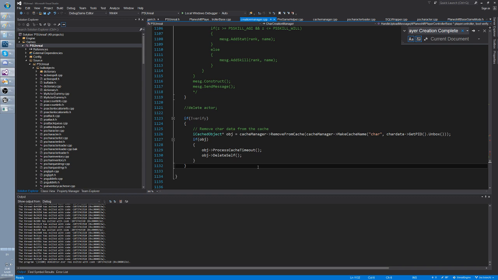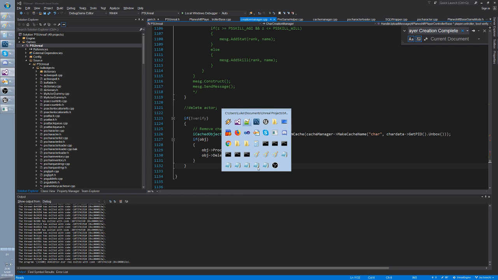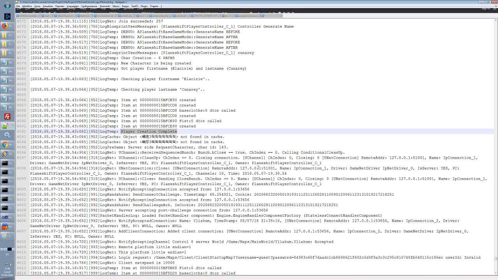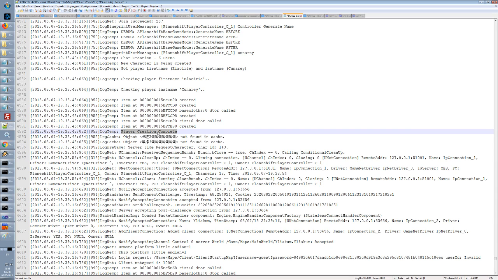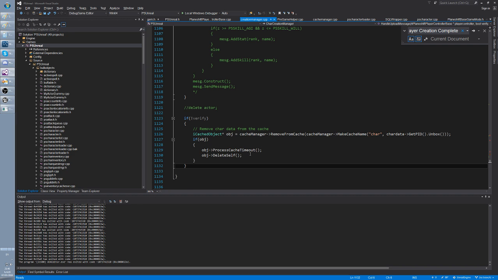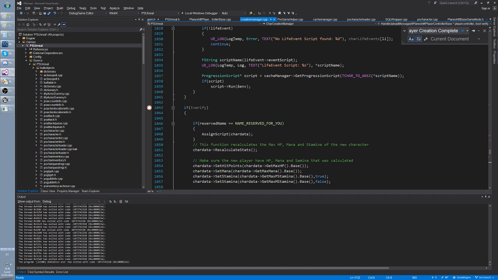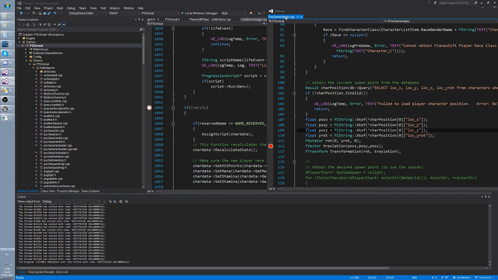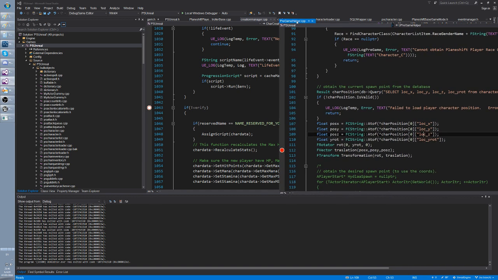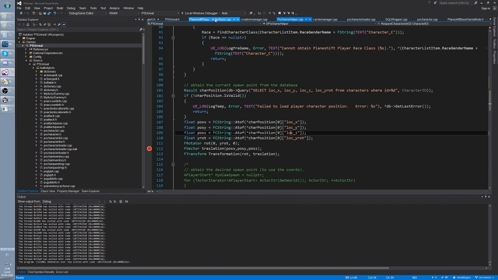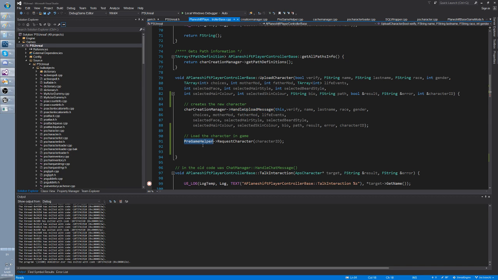And then what we're doing, after this player creation complete, in theory we should call the other function, which is the create, right? Oops, what happened? These things went out. We are calling pregame helper request character, right? So